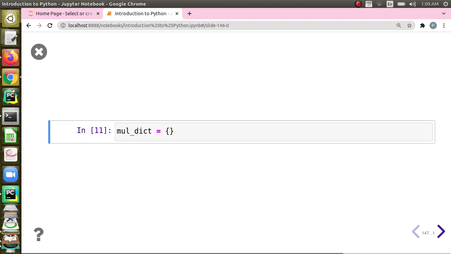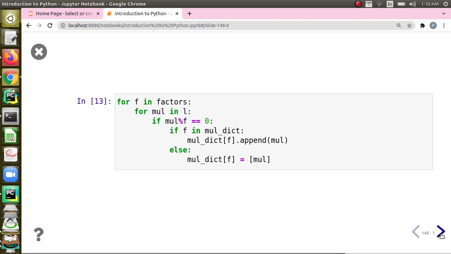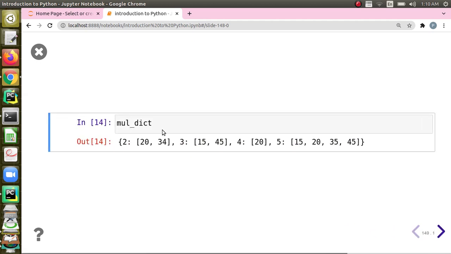In that case, I will have an empty dictionary and then I will write code in which the value will be a list, and for the first time when we insert, we have to insert a list with only one element. After that, we will be appending to the list. So finally, you will get a list like this.